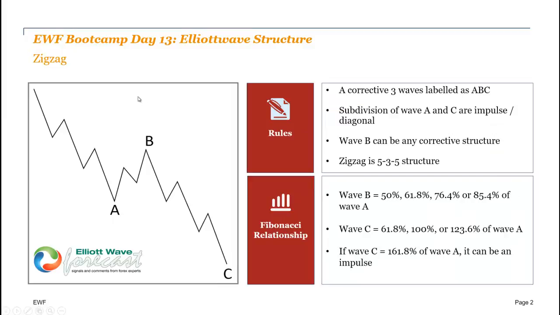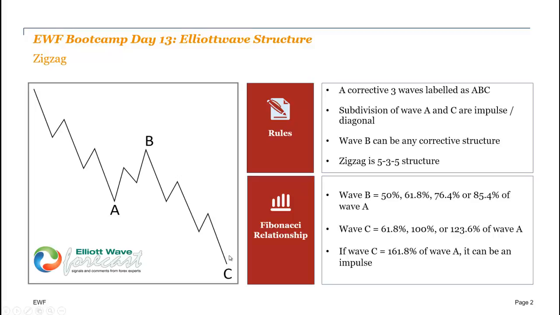Now next up is the zigzag. Zigzag is a corrective 3 waves. We label it as ABC. It is subdivided into wave A, and wave C is subdivided into 5 waves impulse. You can see 1, 2, 3, 4, 5, 1, 2, 3, 4, 5, and it is basically a 5, 3,